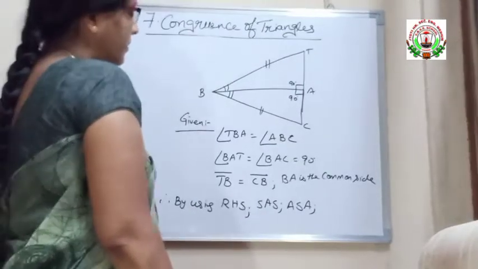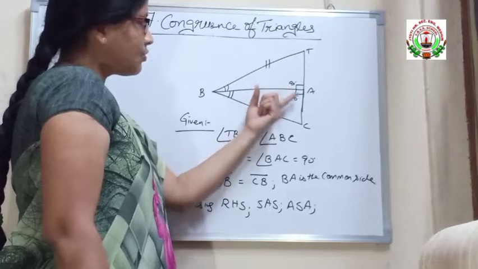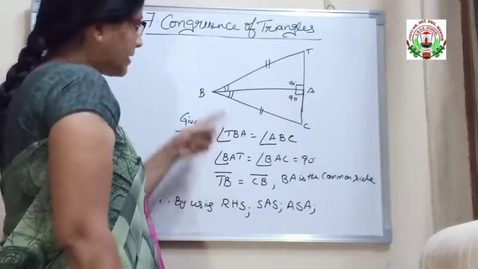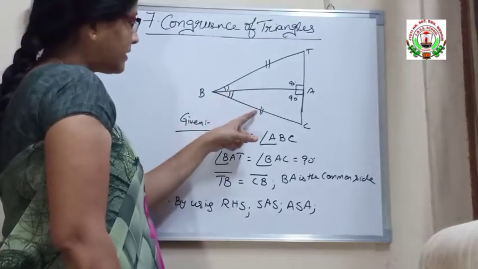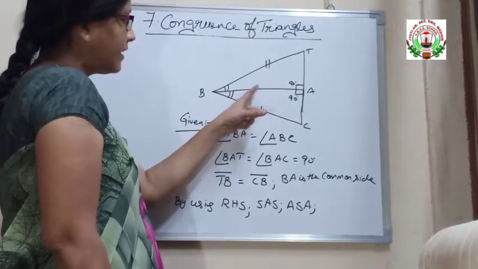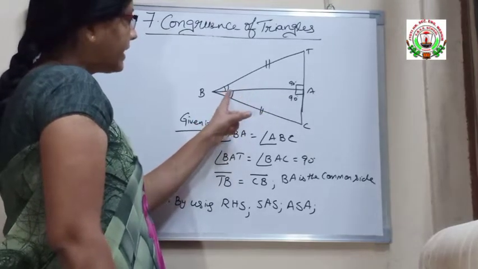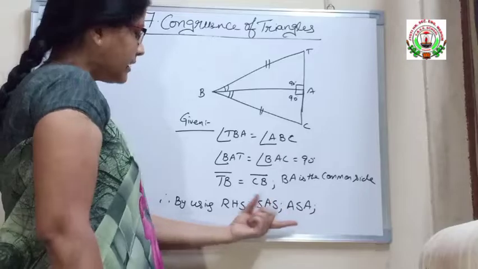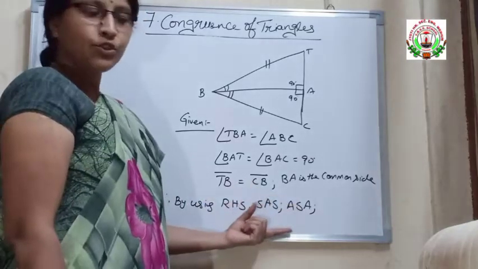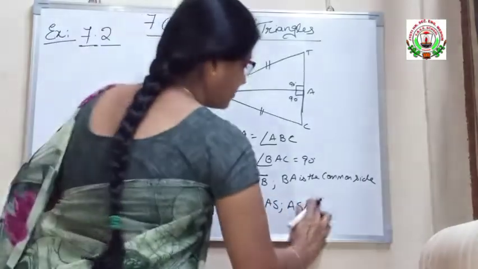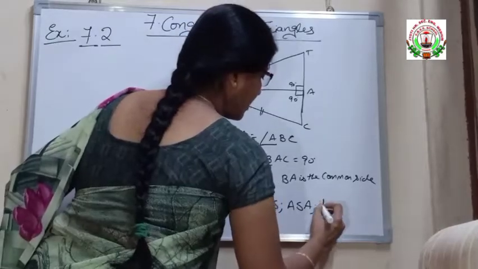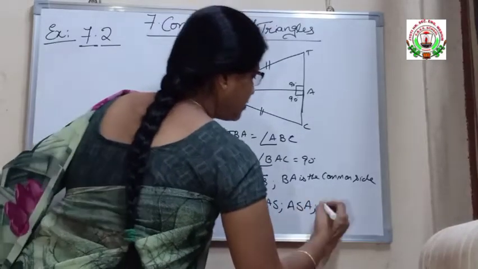Only that much, because these two are right angles. So RHS. Next side, angle, side. Next angle, side, angle. These are the properties used to show that